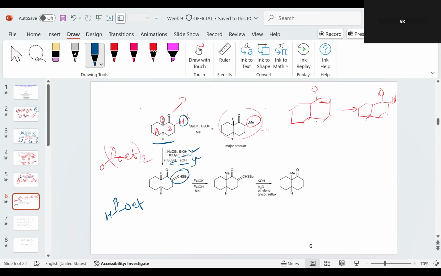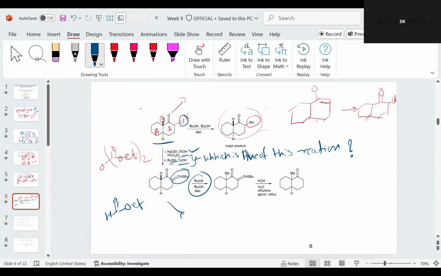So this is a question for you. Which is the name of this reaction? You can find out what the name of the reaction is. In between, it forms such a C double bond C-SBu. That's the product formed. And now, if you abstract the proton using the tert-butoxide and the methyl iodide,